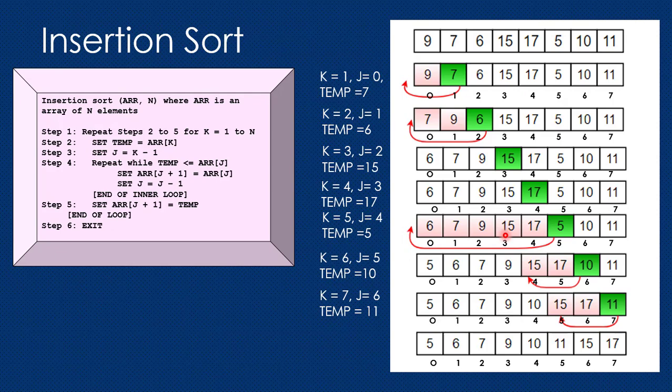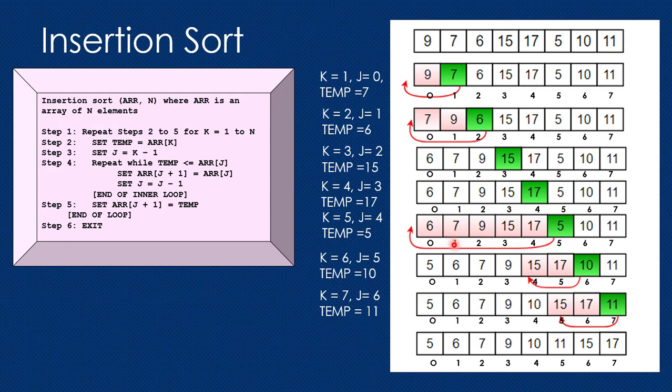So now again 5 is moved one element right. Okay. So that means this 15 is moved one element right. So 15 goes here. So again temp is compared with j, which will be decremented, right? Now this is the j value. So now again 5 is compared with 9. Okay, 5 is less than 9, right? So again, this 9 moves one element right. So 9 goes here. Okay, and now j value will be again decremented.